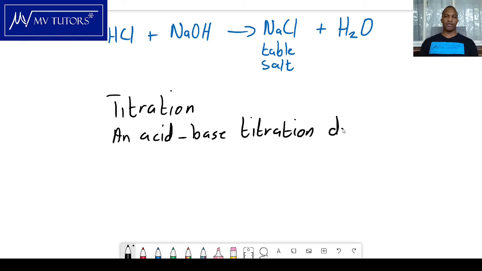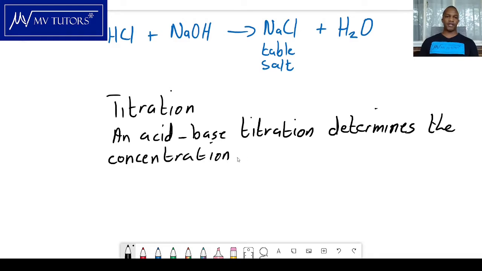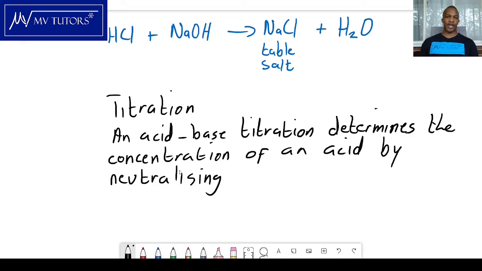It determines, for example, the concentration of an acid by neutralizing it, neutralizing the acid